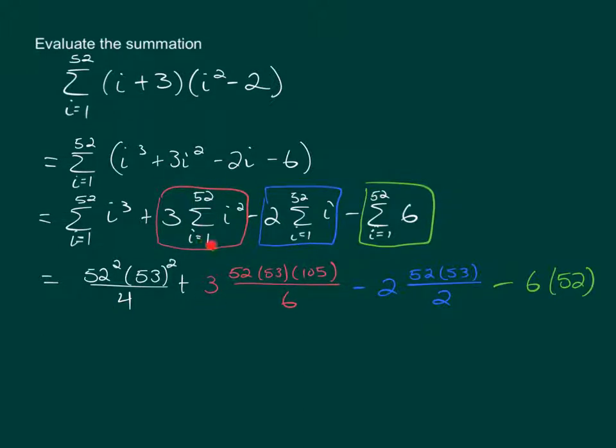the sum of i² as i goes from 1 to 52, which is the upper bound times the upper bound plus 1 times 2 times the upper bound plus 1, all over 6. Minus 2 times the sum of i as i goes from 1 to 52, which is the upper bound times the upper bound plus 1 over 2. And the last one, when you're summing a constant, it is the constant times the upper bound. The only thing left to do now is to add up and subtract or combine all of these numbers